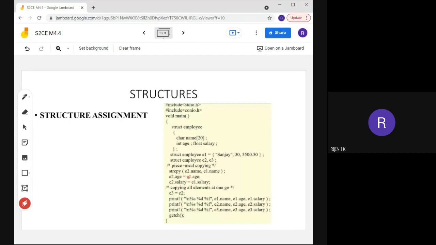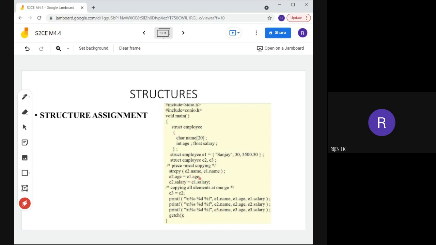Then next you need to copy the age. How will you copy the age? Age is actually an integer type variable, so for copying an integer type variable you can use the same assignment operation, that is E2.age is equal to E1.age.